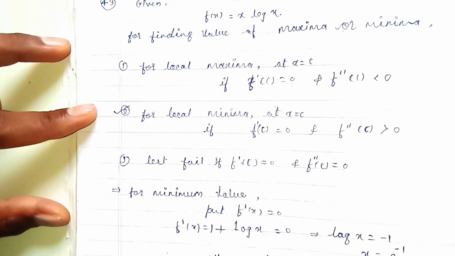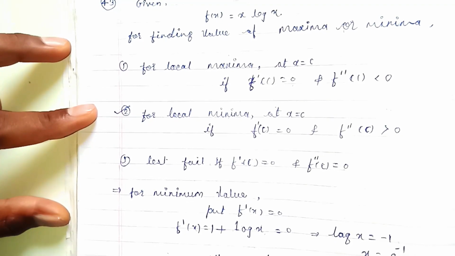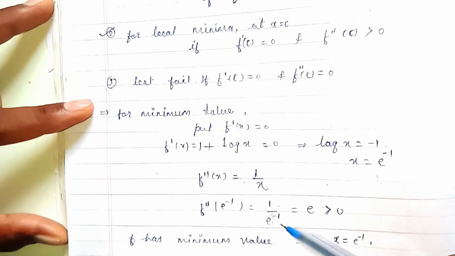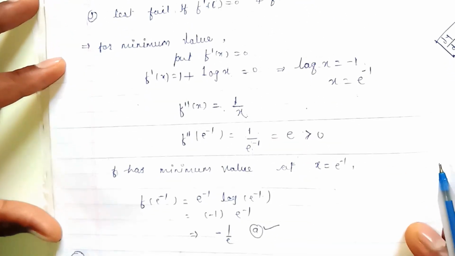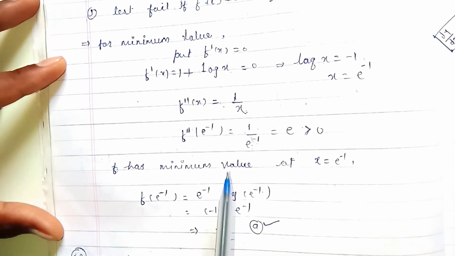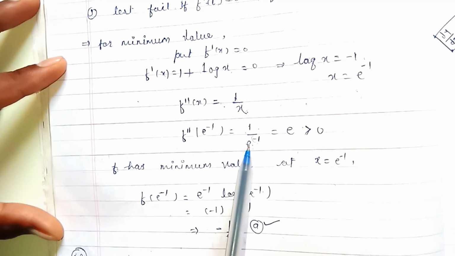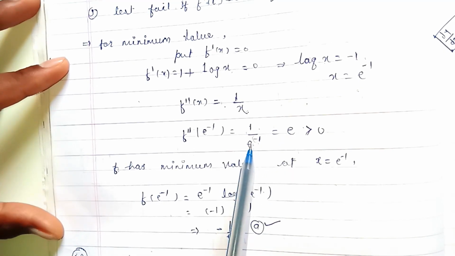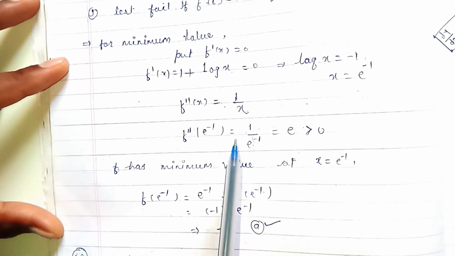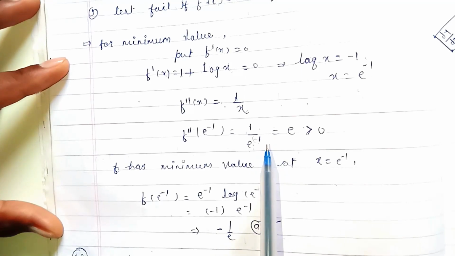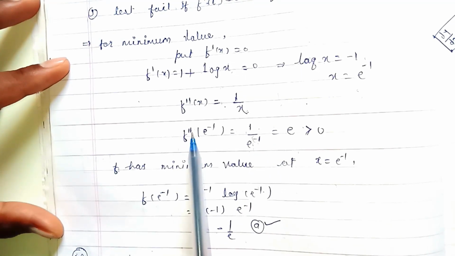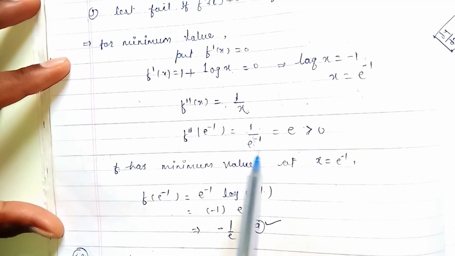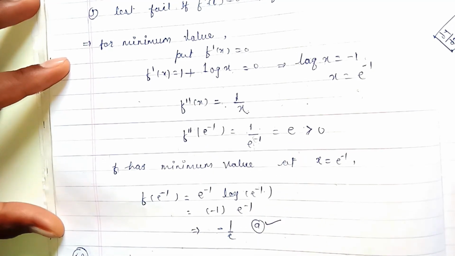So when we have the term 1 upon e to the power minus 1, the power has a negative 1. The denominator has the power minus 1, and when we transfer it to the numerator, its power becomes positive. We learned this result already in our 8, 9, 10 classes. So f double dash of some particular constant point, we get the value e, and we know that e is